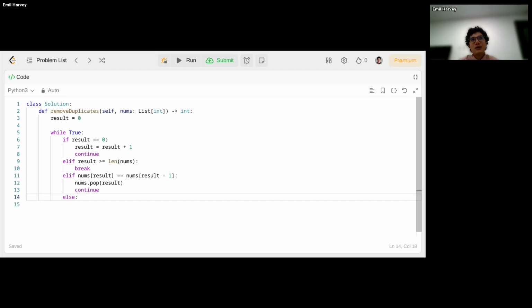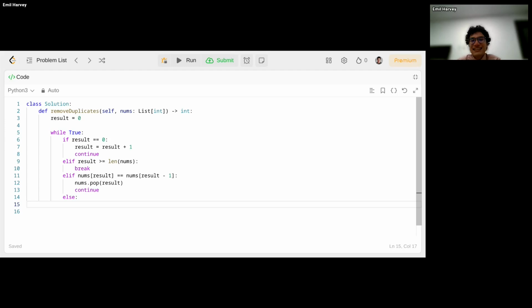Say my solution is wrong, which hopefully it's not. If Leetcode comes back and says you failed these test cases, my hunch would be that it's something around here. Maybe I need another else if or something like that, because it's much more likely for the code to fail in that way. However, I'm pretty confident, and we'll see in a second, that we're good.